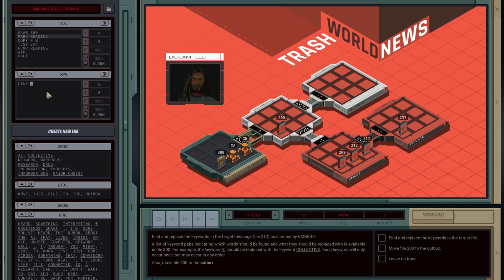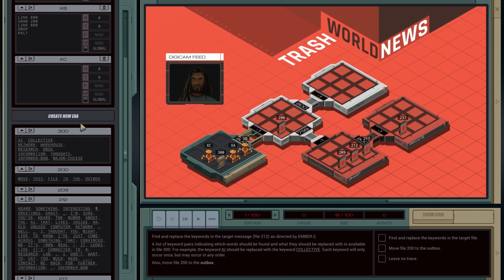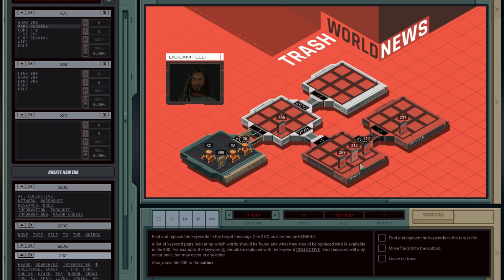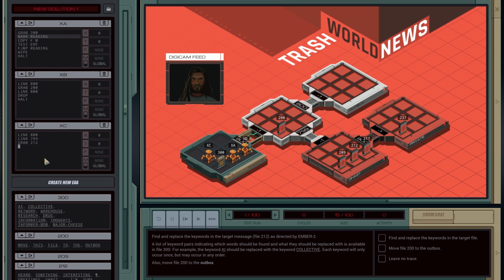We'll create another one that's very dumb. All it does is link 800 and grab 200 and link 800 and drop and halt. So all that one is going to do is take this file and move it into the outbox. And then C is going to go into Gast's system. So we're going to link 800, we're going to link 799, and then we're going to grab 212. And now we've got a slew of messages coming in through M. We will see mark,